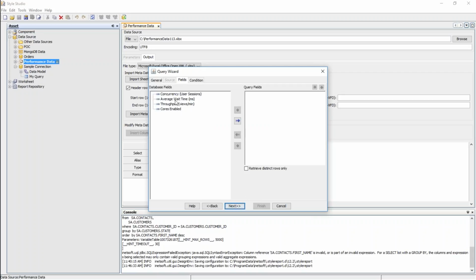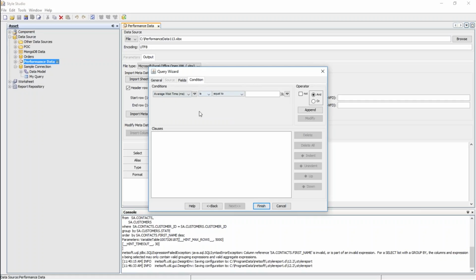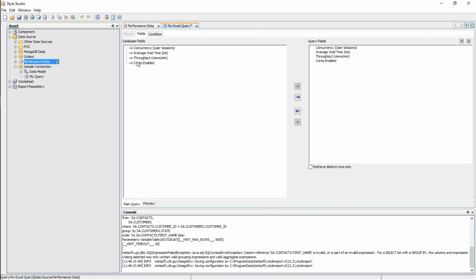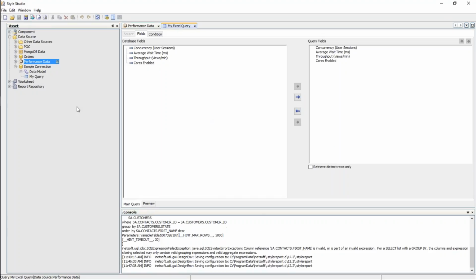Press next. All right, so these are the columns that are in that Excel file, so I can select all of them. If I want to, I can set a condition, and then press finish. All right, that gives me this new query. I can save the query. All right, so now